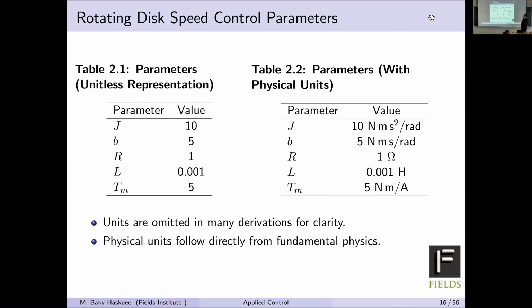Here, for example, the inertia, the initial inertia, is 10 Newton meter square seconds per radian. This is the inertia. And this is the viscous friction, which is 5 Newton meter second per radian. That is the friction. And R is measured in ohms, you know that from physics. L is inductance, also measured in henries,